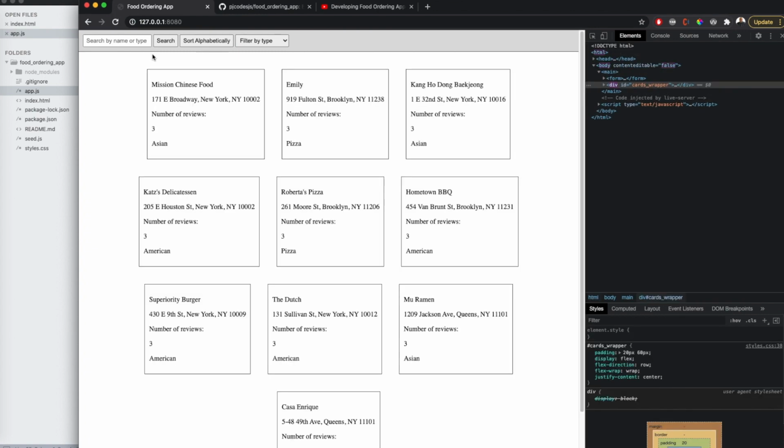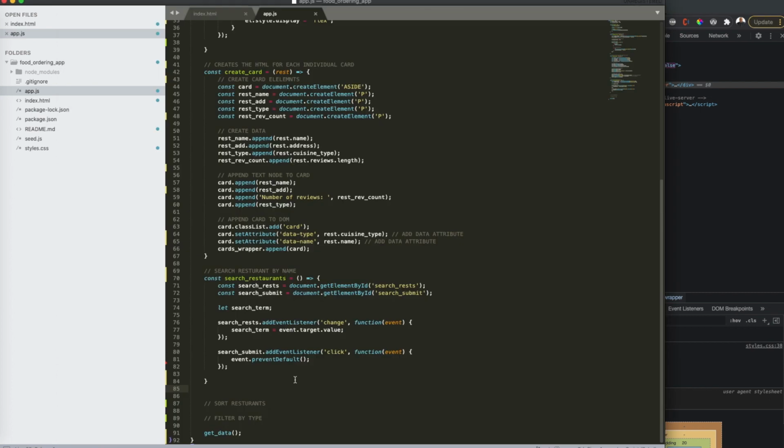So now if I hit search, it's not going to reload, because I haven't actually invoked this function yet, but that's what this is for. Once I actually invoke the searchRestaurants function, you're going to see that happen. All right, guys, so now once this is done,